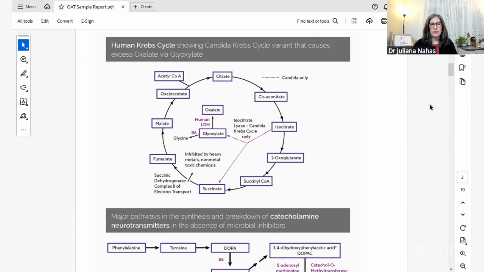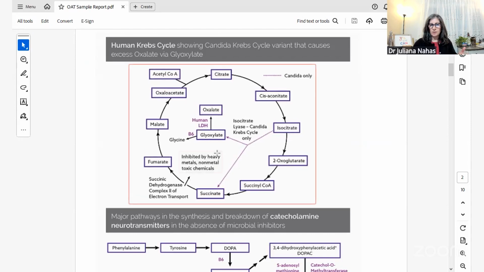And I like that this test, they give you a lot of graphs and they try to explain where in the Krebs cycle, for example, this is in the mitochondria, in the motor of our cells. This is happening where you're going to have all these markers that they're measuring in the urine. But if there's any imbalance of these markers, too high or too low, it's maybe indicating, okay, there's a block in this reaction. For example, here they're telling us if there's a heavy metal issue, or toxicity that impacts this enzyme, succinic dehydrogenase complex 2, in the electron transport chain, then we may have an elevated succinate level on our test, right? And so knowing that, we may also see that malate or fumarate or oxaloacetate may be low because